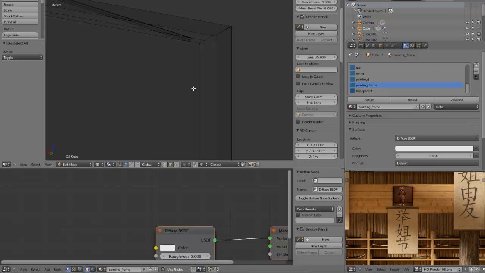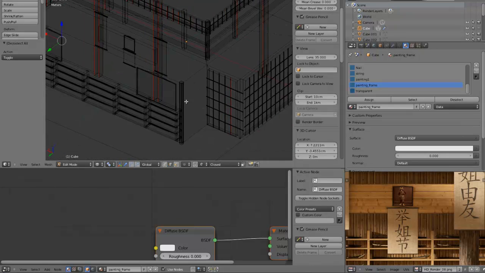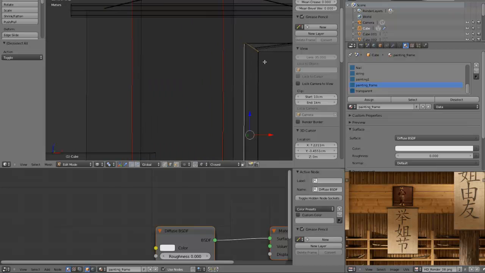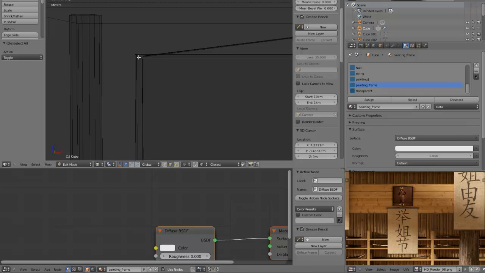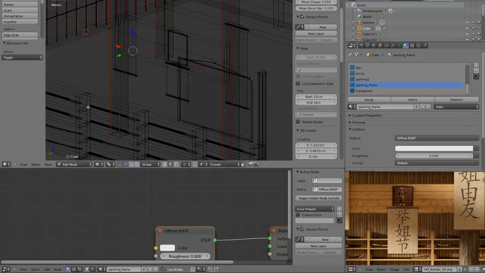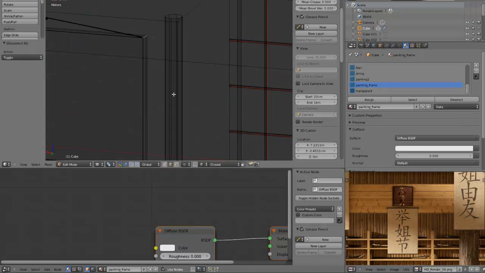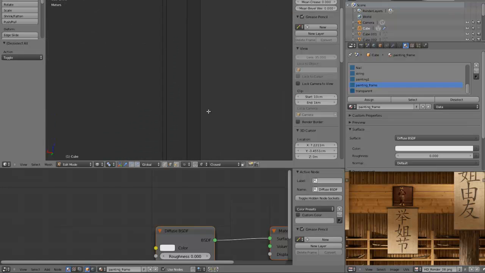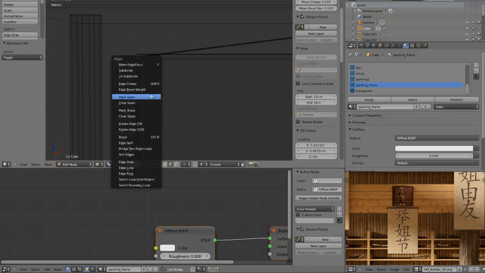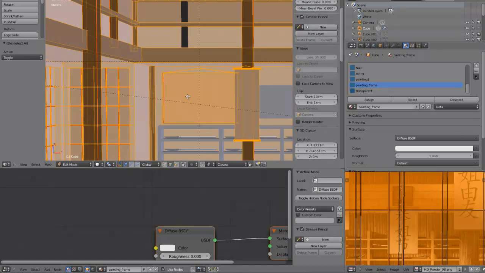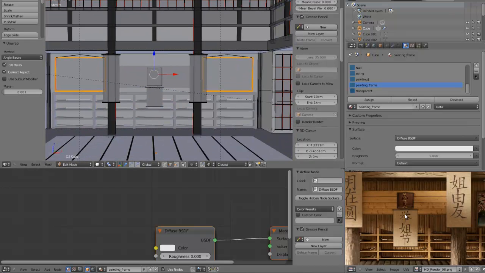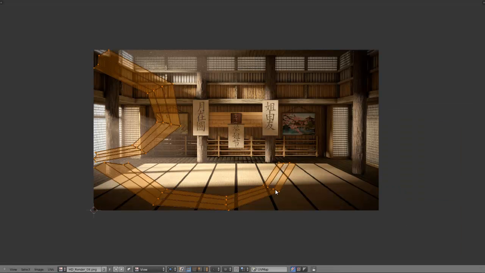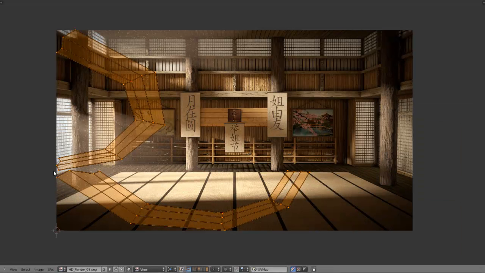So if I can spot it, there we go, select that, and then come around the back and select that, I think, yeah. And now we can just press Ctrl E, mark seam, and then select the painting frame material, and then just unwrap that, and you should get these nice two flat things, but